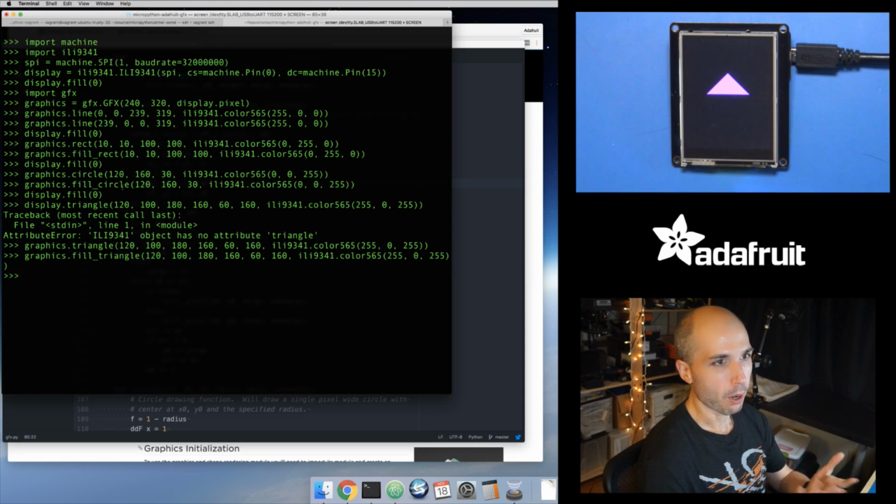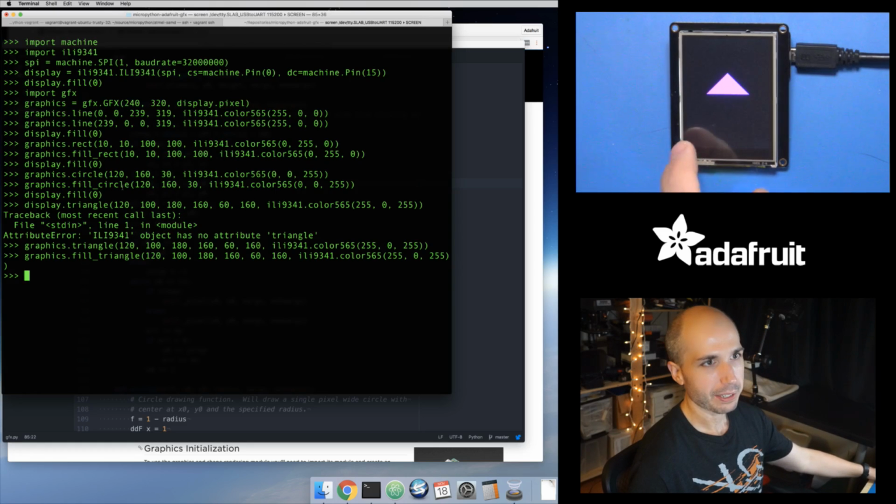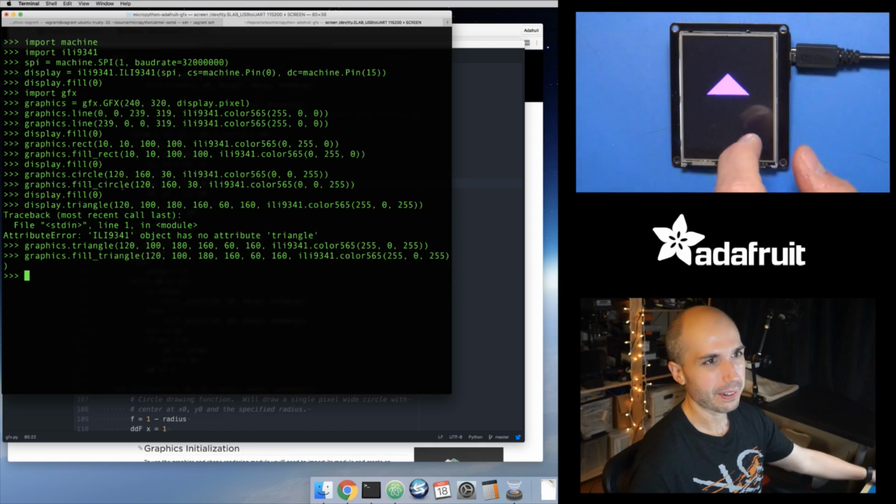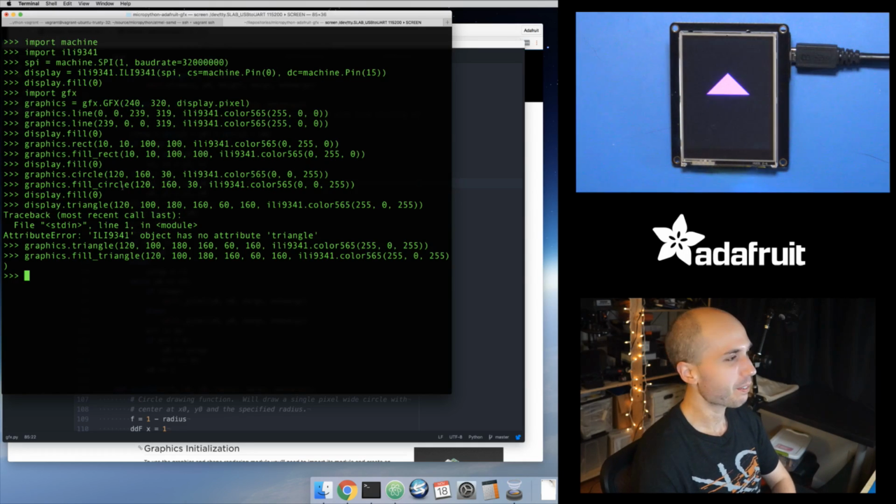You can make like a Pong or a Breakout game just by drawing rectangles and a circle. So have your little player down here as a rectangle and maybe like another player up here, or even like, if it's Breakout, then you have a bunch of squares up here and then have your little circle bouncing around the display and knocking things over. So that'd be fun to try and implement that